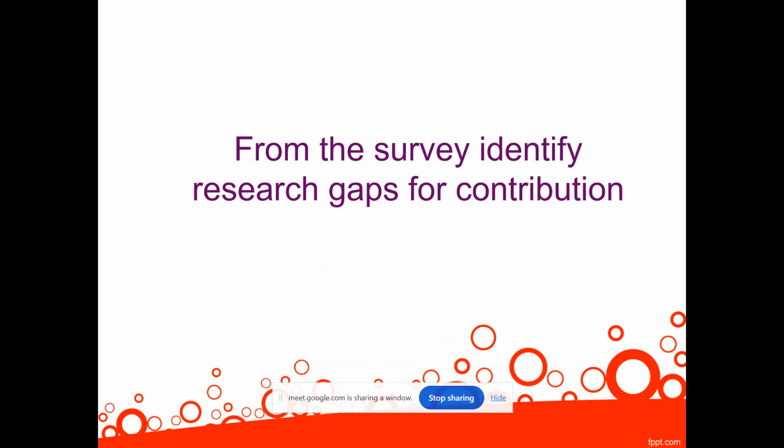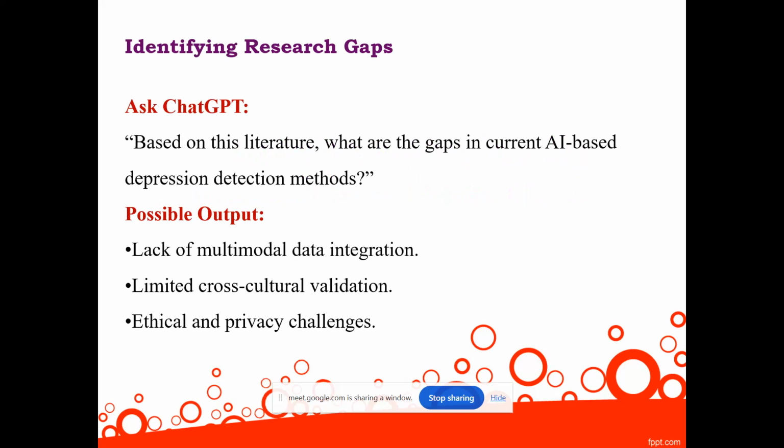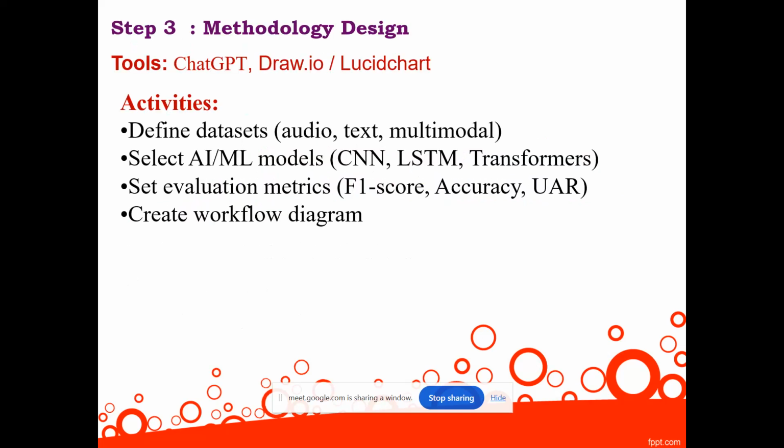Now from the survey we will be able to find out the research gap. Yesterday we saw how, based on these literatures, to find the gap, and we discussed all those things. Then the methodology, literature review part, and introduction part, all these things we can complete. When it comes to methodology, the main component is your block diagram or flow diagram. For that we can use a tool called draw.io. I'm going to show you a very small demo of draw.io, then you can practice on your own.